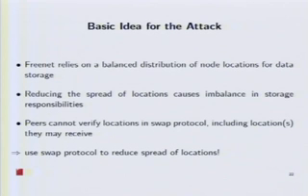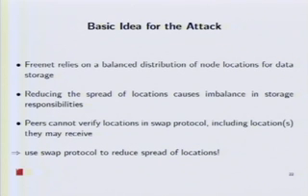So now we get into the fun part. The basic idea for our attack here is that Freenet has a large reliance on a balanced distribution of node locations for storage and routing. But if there's some way that we could reverse the diversity of all these locations, unfair storage responsibility and bad routing starts to happen. And basically this is because if there's a lack of close locations to a key for data, all data ends up clustered at a few nodes, and all routing responsibilities go to a few nodes.